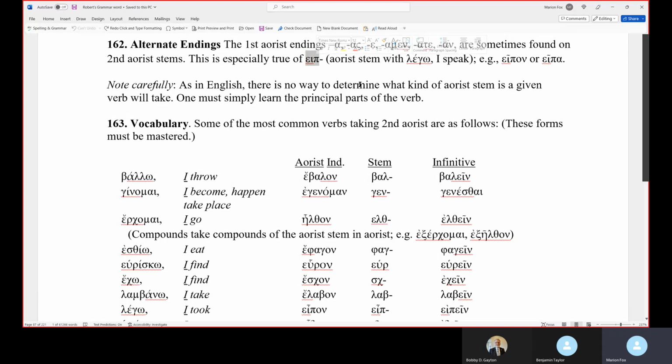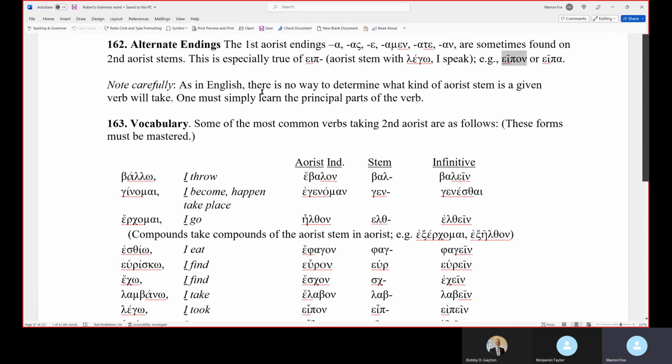And I've never figured out how that came about, unless it was different dialects of Greek, and it picked up different words from different dialects. That's the best I can come up with for it. So eipon is "I spoke." It's actually a form of legō. It's like our go, went, gone, and I'm sure that confuses people who come to study English as their second language. Or eipa. Sometimes it will be in this form, but usually you'll see it as eipon.